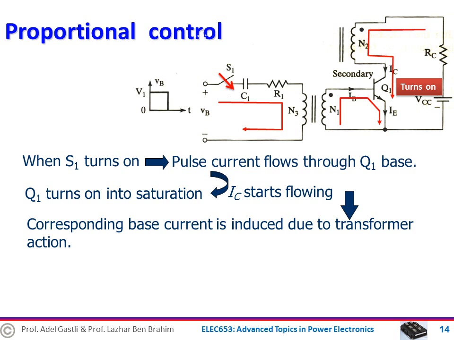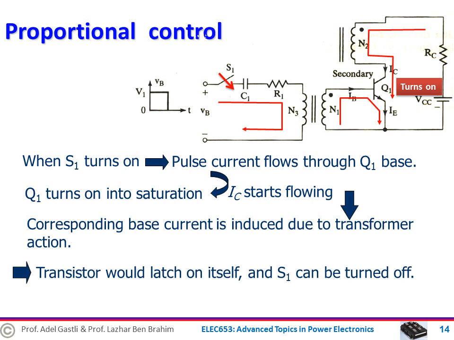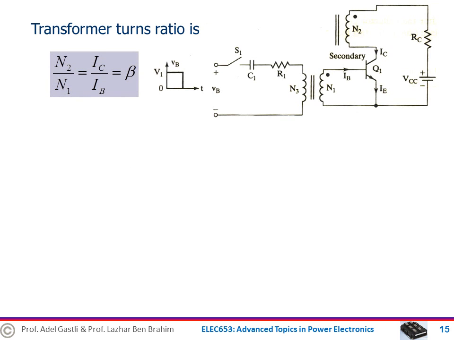This will add more base current through induction action between windings N2 and N1. Therefore, transistor Q1 would latch on by itself and S1 can be turned off. So the base current varies proportionally to the load current. That is why we call it proportional control. The proportion gain is determined by the transformer ratio N1 over N2. So the transformer ratio is equal to the collector and base current ratio, which is actually the gain beta of